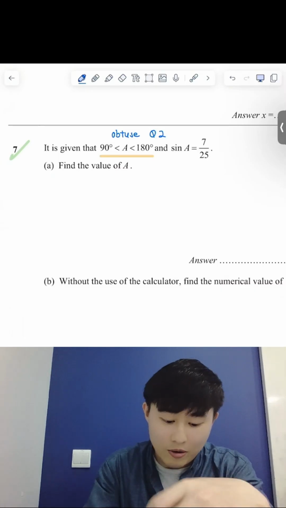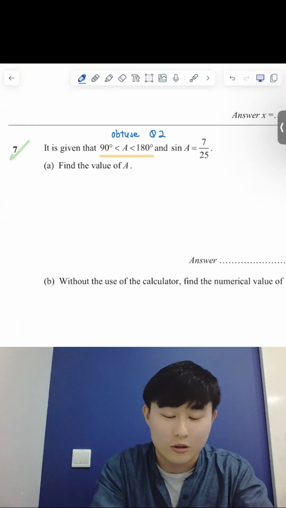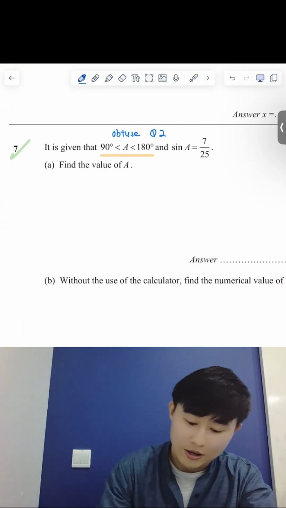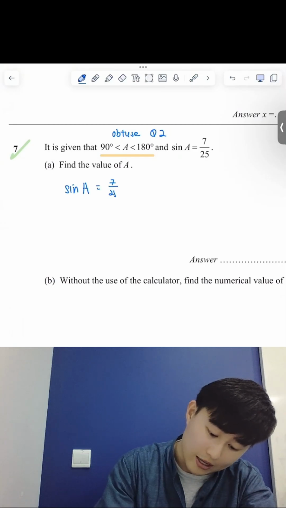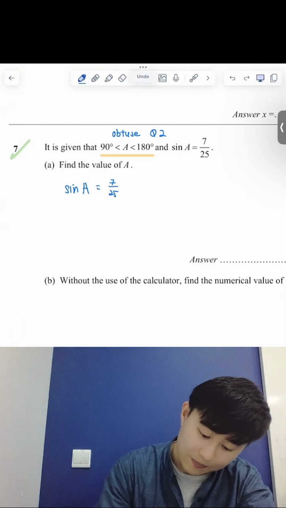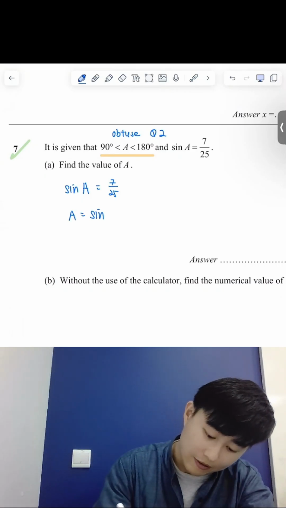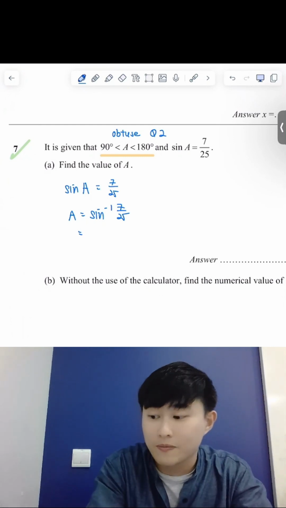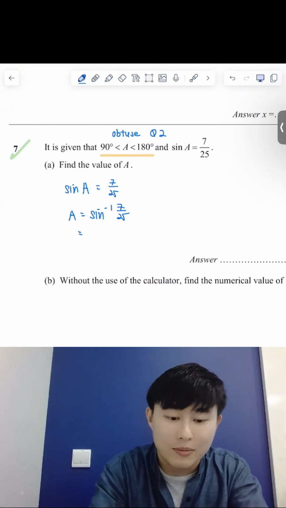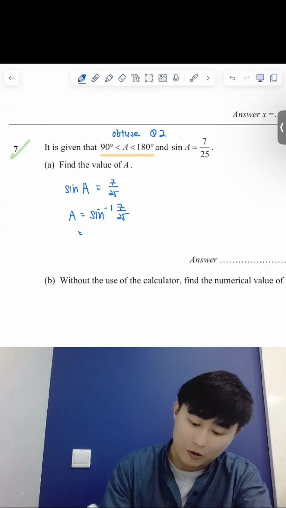From here, what I'm going to do is this. They say find the value of A. As a student you should know what to do. I'm going to take sine A equals 7 over 25 and sine inverse it to find the value. So A equals sine inverse of 7 over 25. With my calculator, let me key in sine inverse. I'm going to end up with